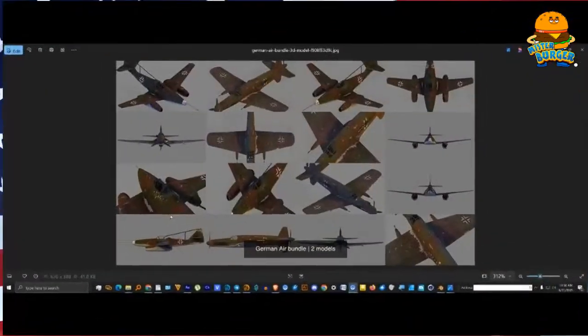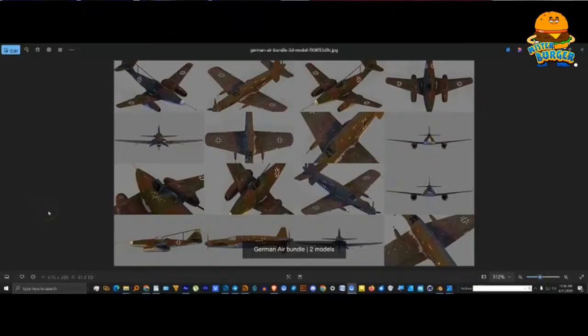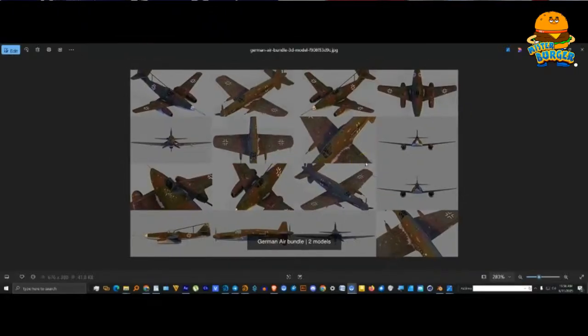So here's the thing. This is the difference between somebody who presses a button in an AI video generation program like Runway or Kling and somebody who actually has skills. So basically I came in, I picked up a baseline model of a German experimental fighter plane that I'm using for the Golden Patriot, Mighty Golden Patriot project on behalf of Yellow Flash, working on this promo that he'll get at either the end of June or the beginning of July. So I'm working on that particular project, and I bought this model here,